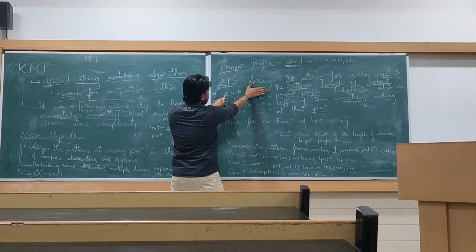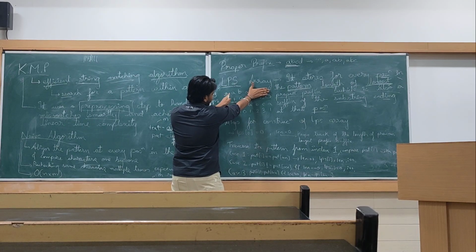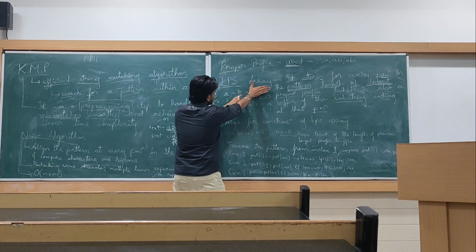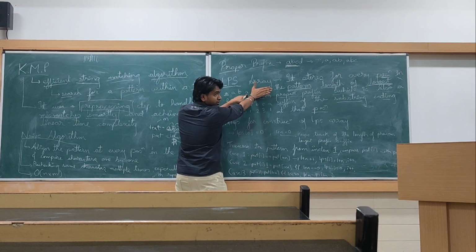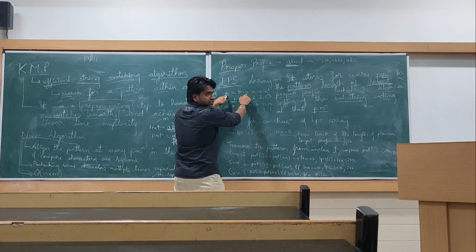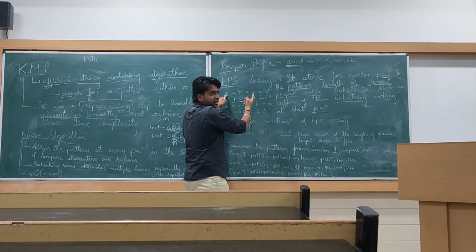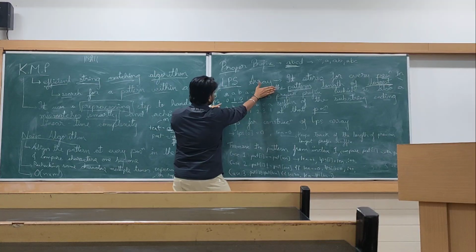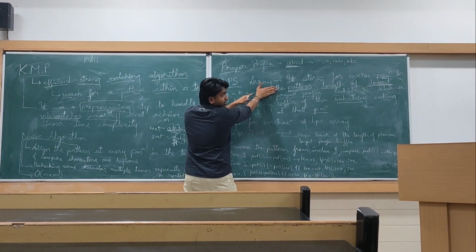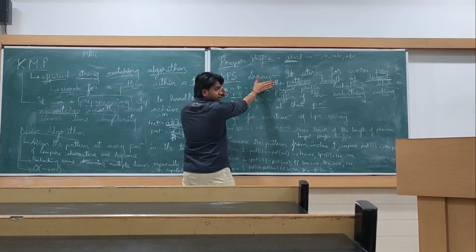Now A, B, A. What are the prefixes? A, and B. And there is a suffix which is just A. So you have A and A matching. So the length क्या है उसका? A का 1. Now see B, double A. What are the prefixes? A,